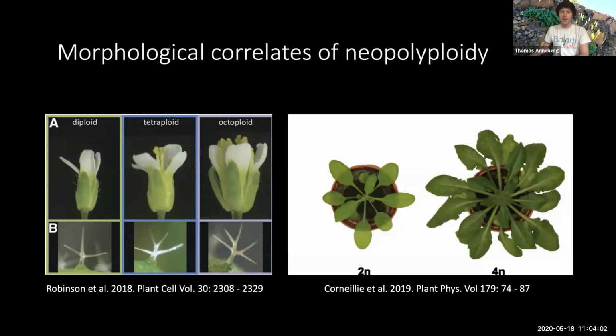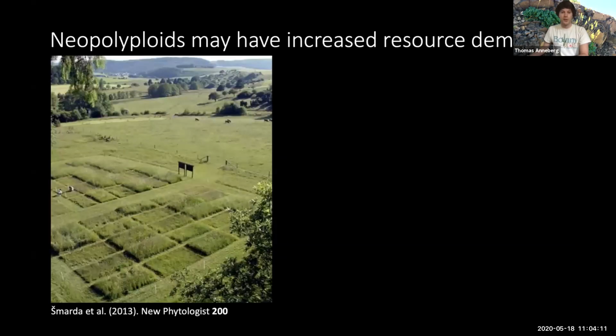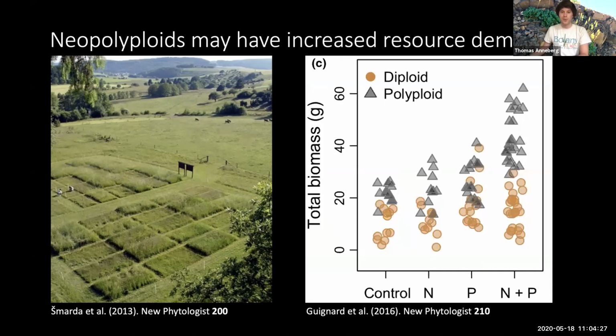I think the idea that neopolyploids are immediately more nutrient limited than their diploid parent isn't necessarily a newfangled idea. There's been some recent literature from long-term fertilization studies in grasslands. In the study on the left that I'm going to show you first, they supplied different amounts of phosphorus and calcium to plots, and where you see an increase in biomass is where they supplied more nutrients. In another study from 2016, which I really admire, the authors supplied both nitrogen and phosphorus to field plots,